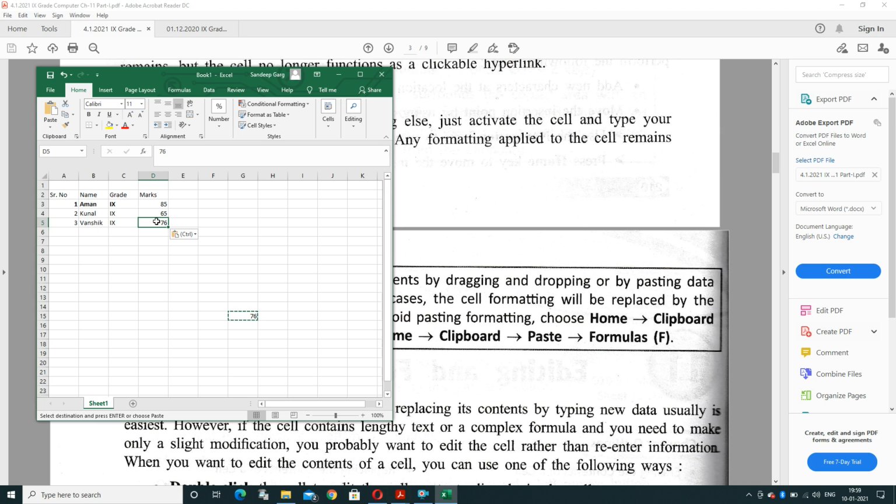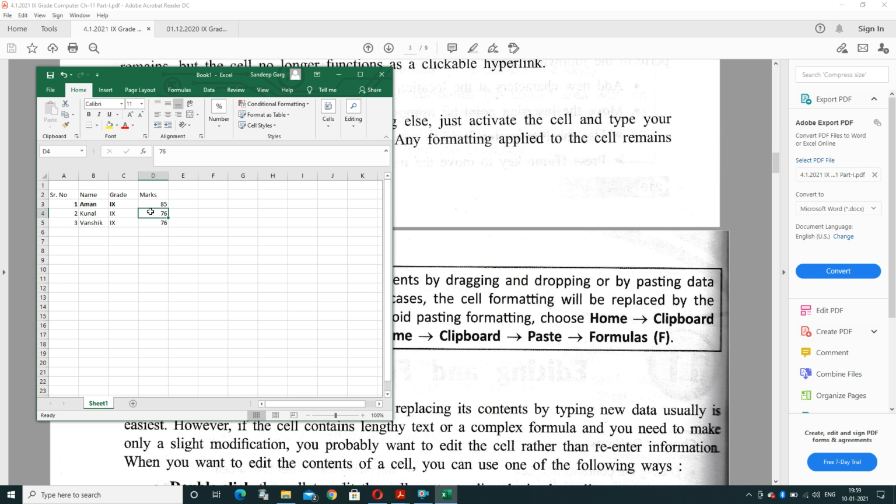It can also change directly. This is another concept. Second, if I want to apply cut and paste, what will happen? Suppose I have selected the value 76, then pressed Control plus X for cut, and applied Control plus V for pasting here. What will happen?